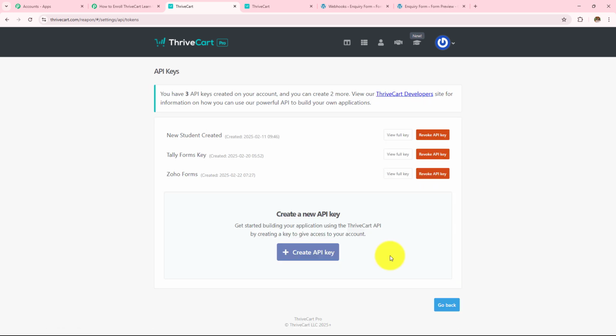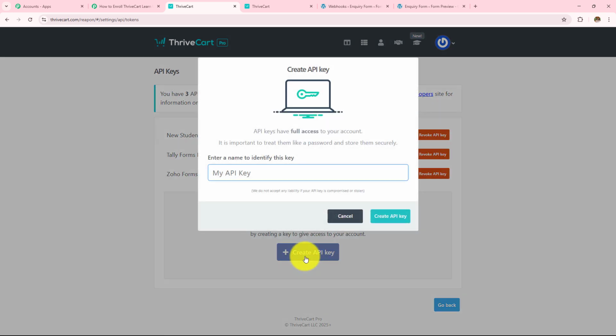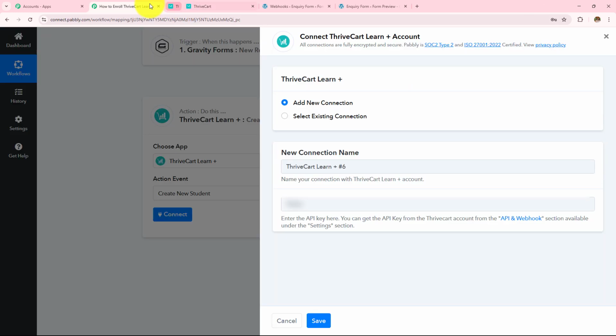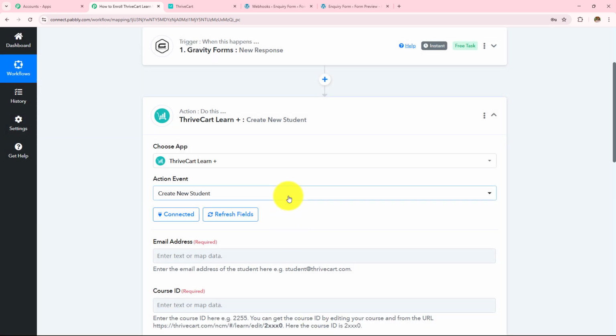settings. Now over here, I am going to click on this create API key button, and then I am going to name this API key as, let's say, dummy key. And then I am going to click on this create API key. Now I am simply going to copy this API key and paste that over here. After pasting this new token, I am simply going to click on the save. So here Thrivecart Learn Plus is connected with Pabbly Connect, and now I have to enter the rest of the